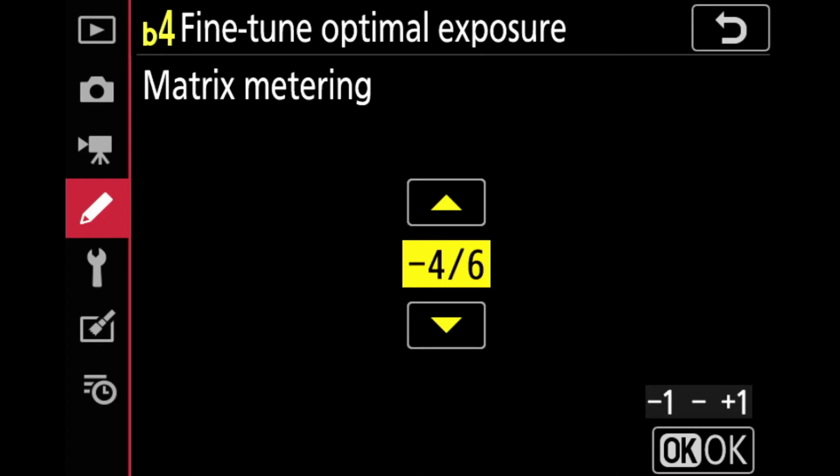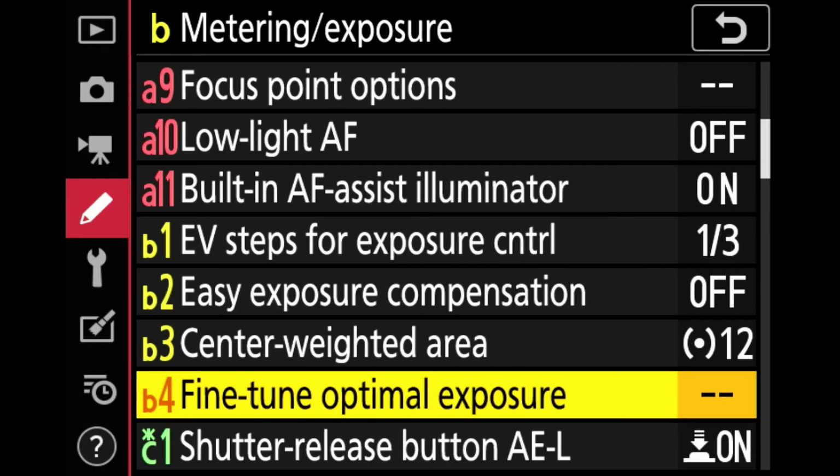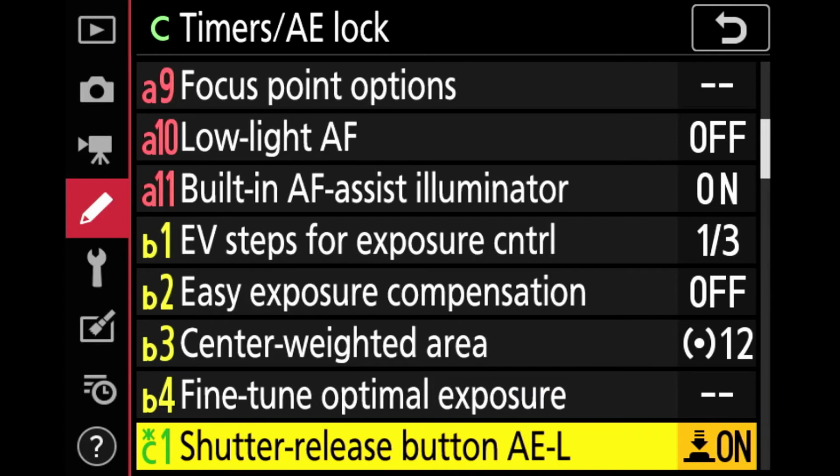This is how you can go to the plus and minus and fine tune your exposures. But I normally prefer to keep the default values as they are, and I don't use this fine tune optimal exposure.